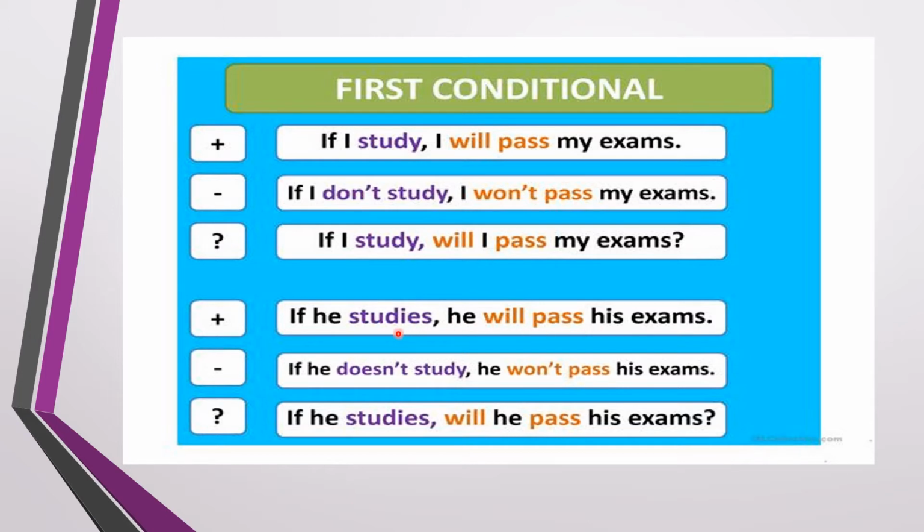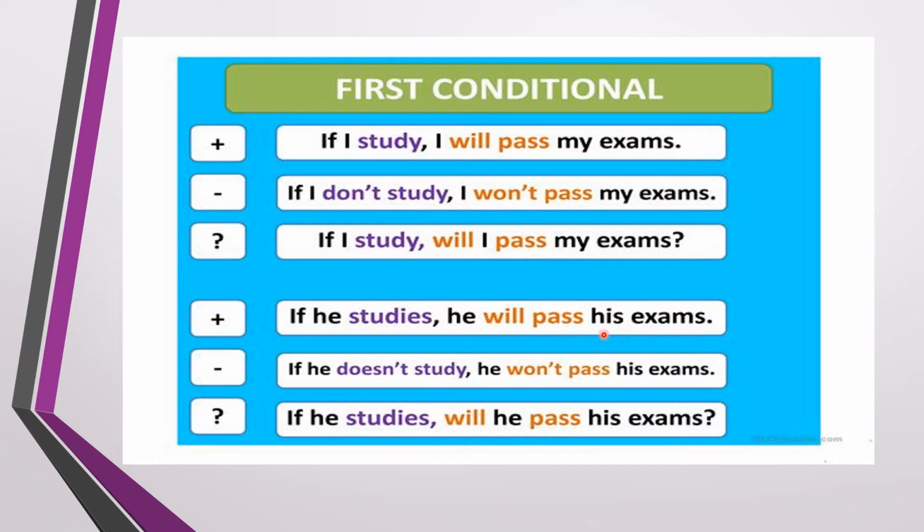If he studies, he will pass his exams. هنا استخدمنا في هذه الجملة الشخص الثالث المفرد he. بدأنا جملتنا بوضعنا لإف إذا الشرطية، ومن ثم الفاعل he studies, which is in the present simple tense في حالة المضارع البسيط حيث أخذ S الشخص الثالث، he the subject جملة جواب الشرط plus will plus base verb and the